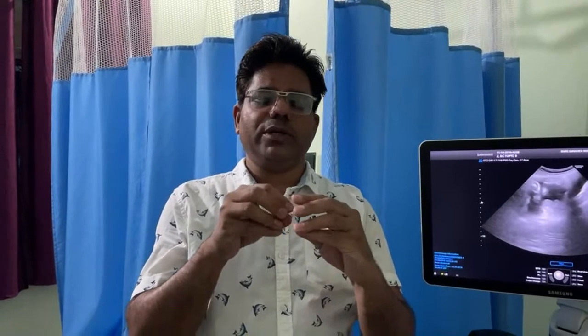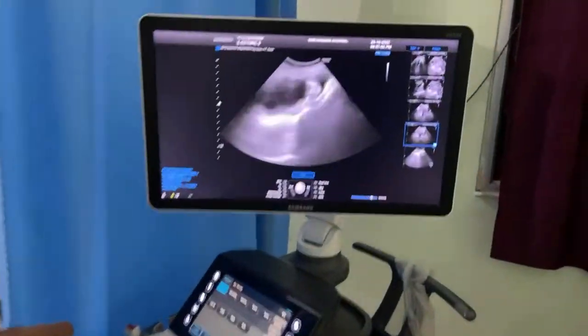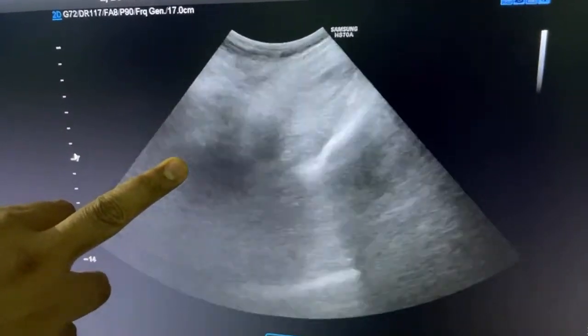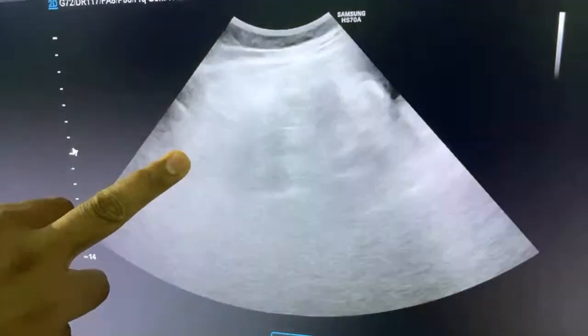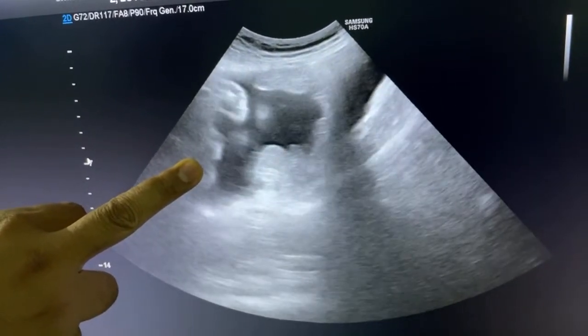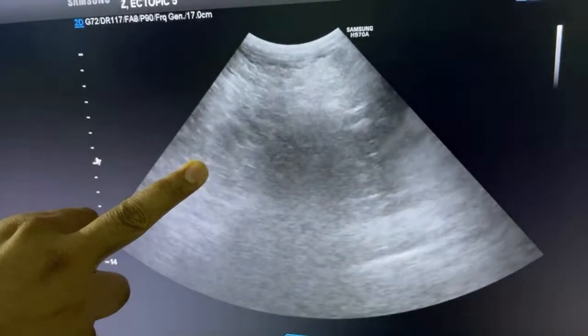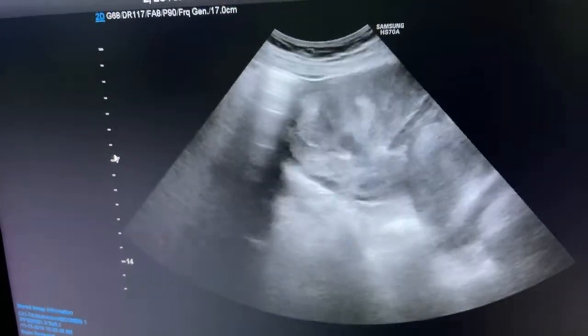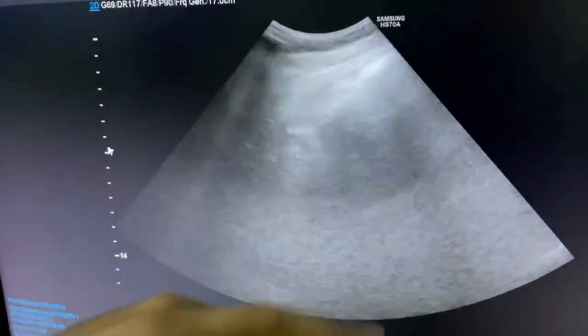But sometimes you may see blood clots, or an irregularly outlined mass, so try to differentiate it from the bowel. Now let me show you that also. You have to look for the peristalsis. Just keep your probe still, don't move, and you will be able to appreciate the peristalsis. Now let me show you again, the heterogeneous mass is there.